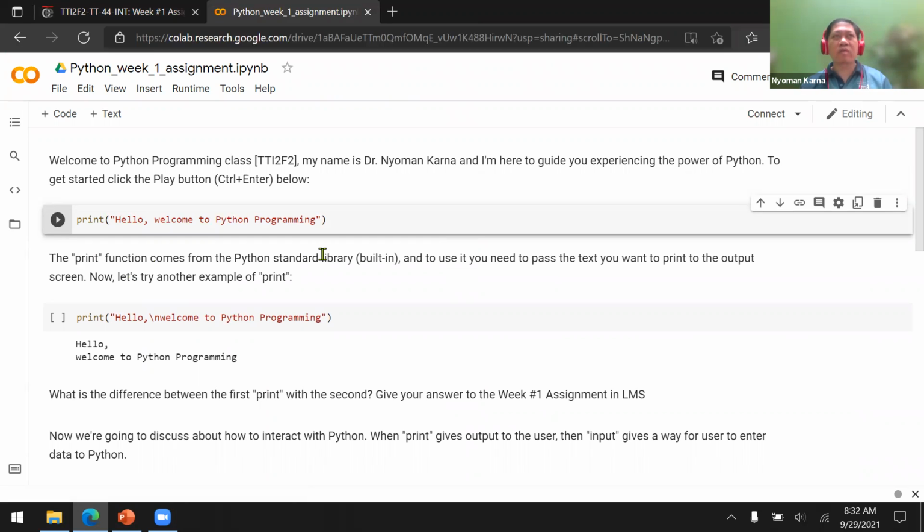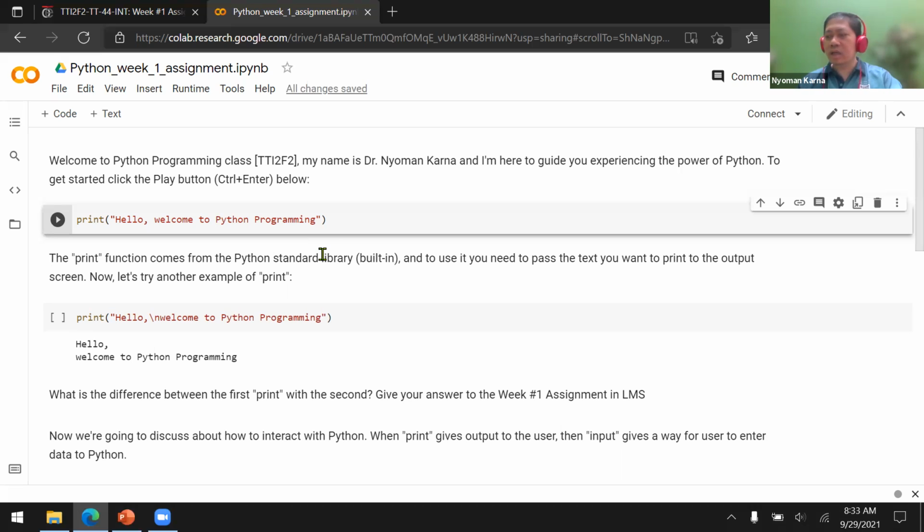Before we start creating a program, we need to learn how to make the program give feedback to us, and in Python programming, we use print. We also learn how to give input to Python, and for that we use input.